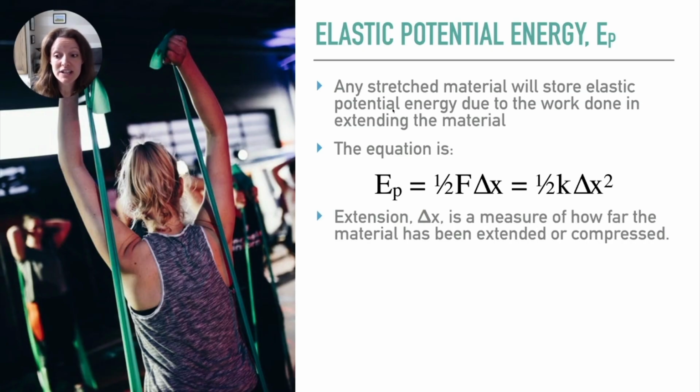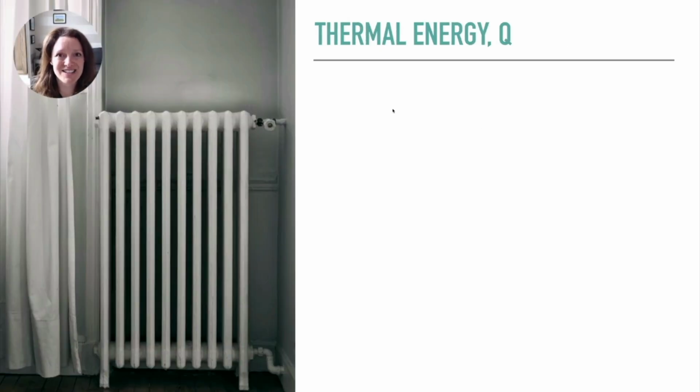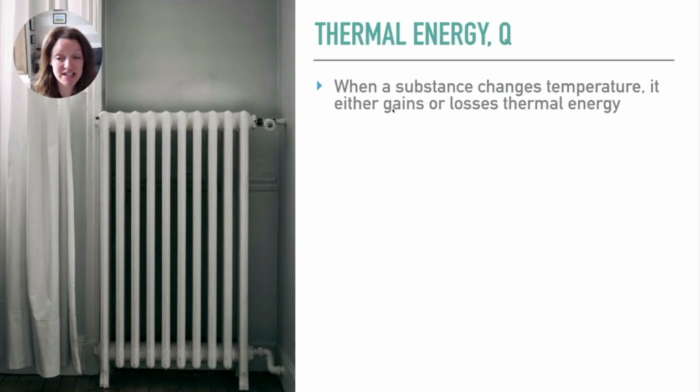The extension is a measure of how far the material has been extended or compressed. It doesn't have to always be an extension, it can also be a compression, particularly if you're looking at car springs. The final type of energy I'd like to think about today is thermal energy, and that is represented with a Q. When a substance changes temperature,